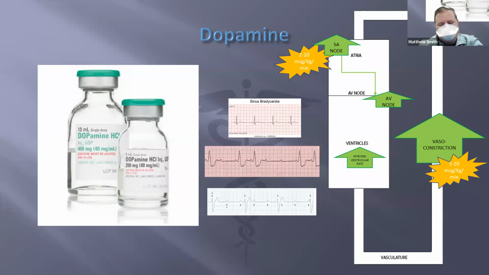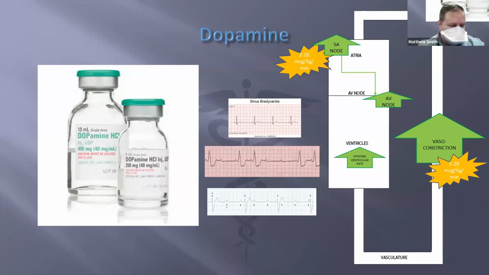And I have to walk back something I just said, which is that you can also use dopamine to pace the heart. It's not our drug of choice, but you could use it to pace the heart in second-degree type 2 or third-degree heart block. It's falling out of fashion, but it can be used. And you're going to use it at the chronotropic level, right? So you're going to use it at a dose range of 2 to 10 micrograms per kilogram per minute to pace the heart. Now, at higher doses, so this is 5 to 20 micrograms per kilogram per minute,